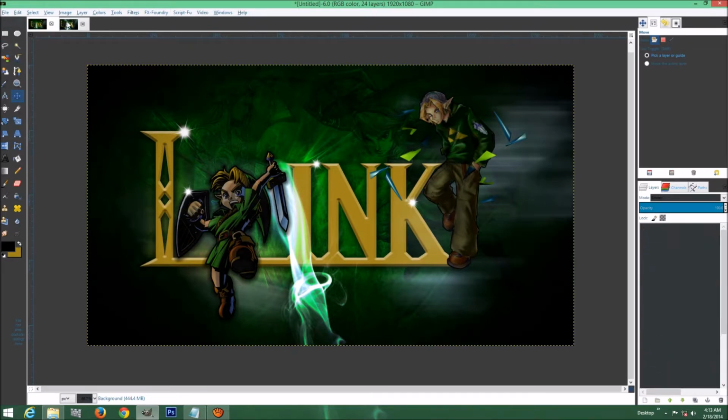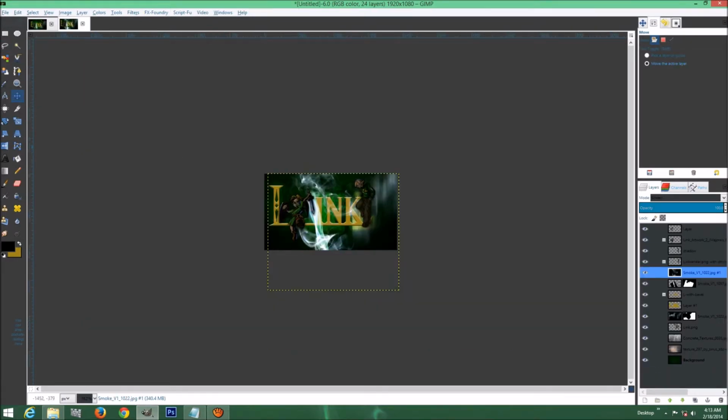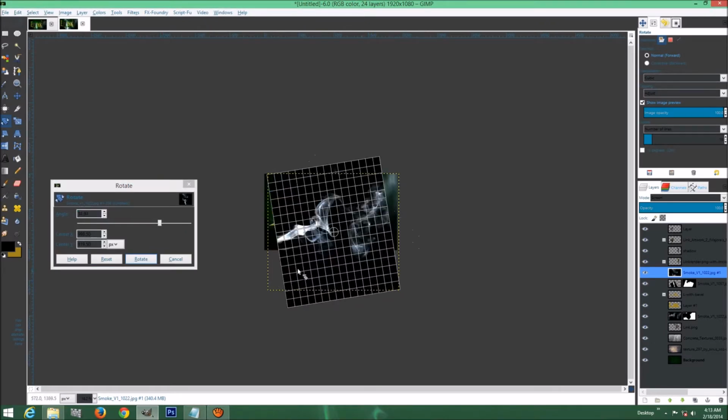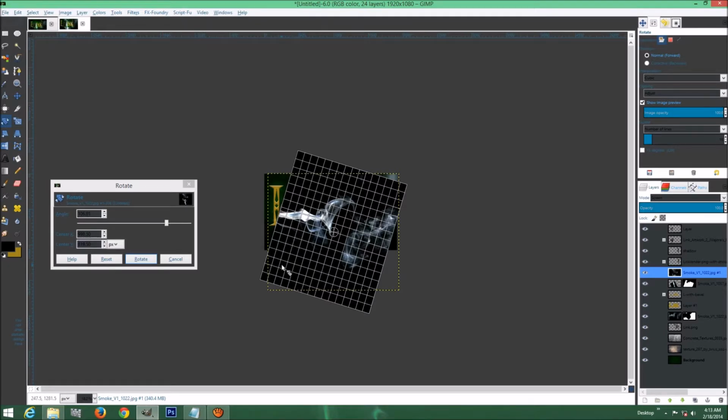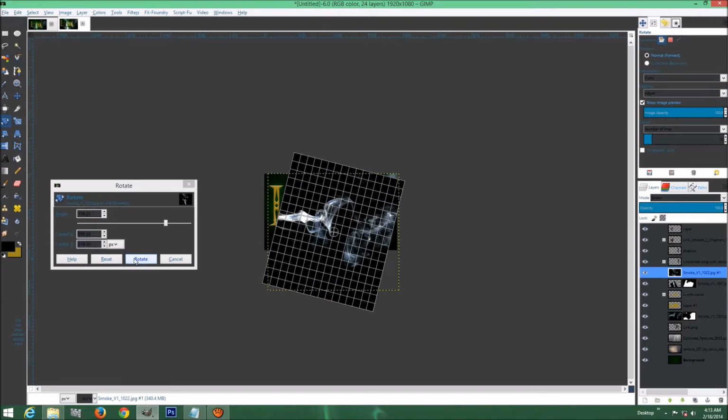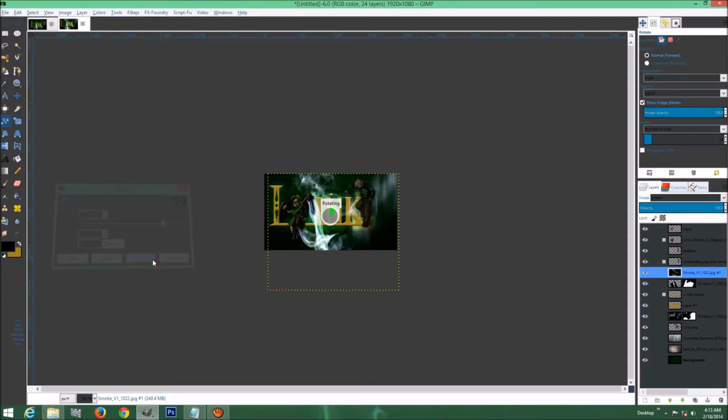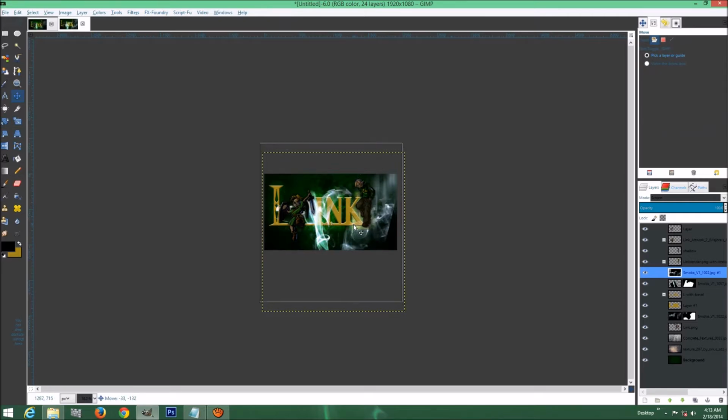Okay. And Shift R, and gonna move it kind of like that at 104 degrees for the angle. Rotate, and M on the keyboard to move it,